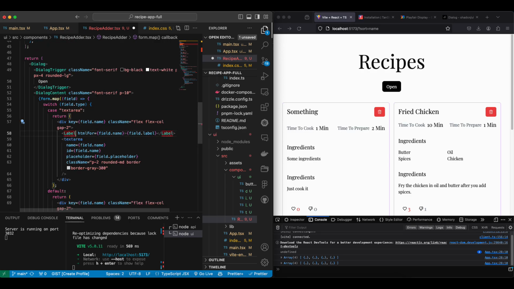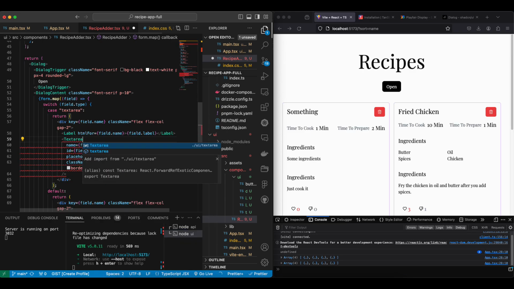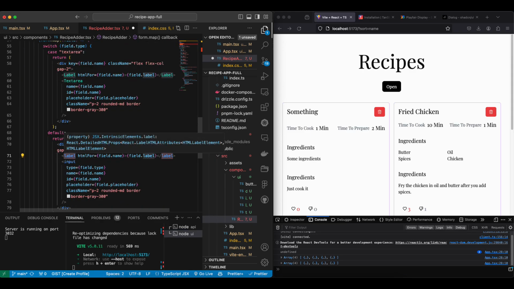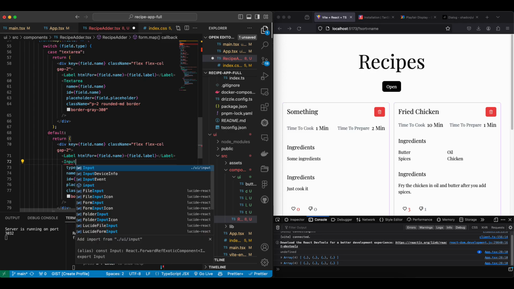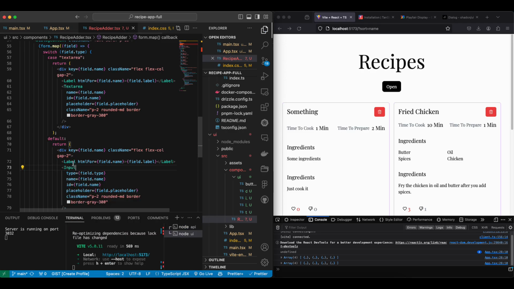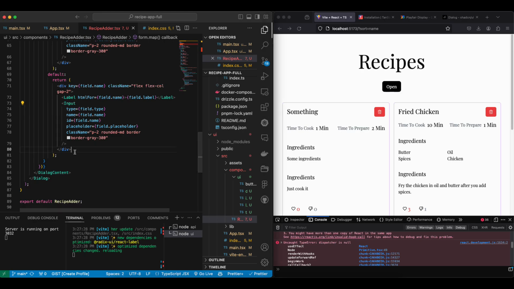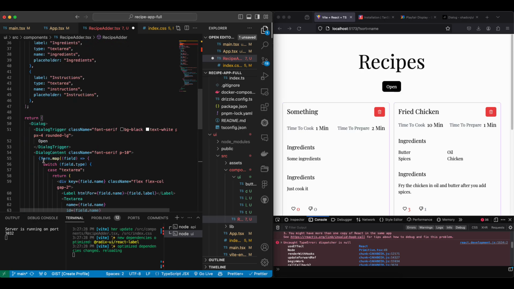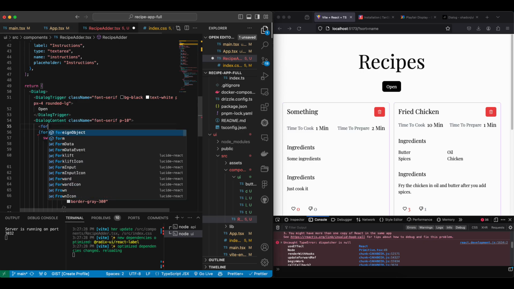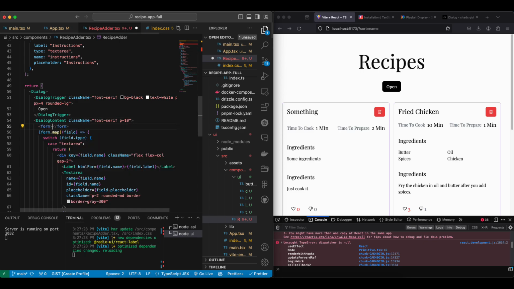Perfect. Now let's import the label. Let's import text area. Let's import the label again. And let's use our input. And now when we open this, we will have a nice and ready to go form. One more thing is missing inside this. We actually need to open a form and